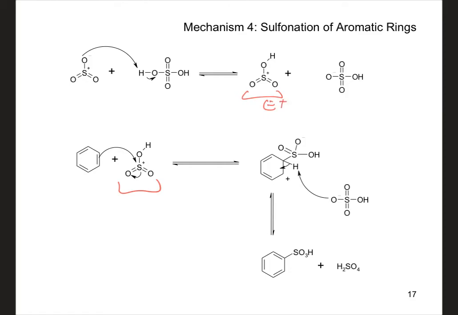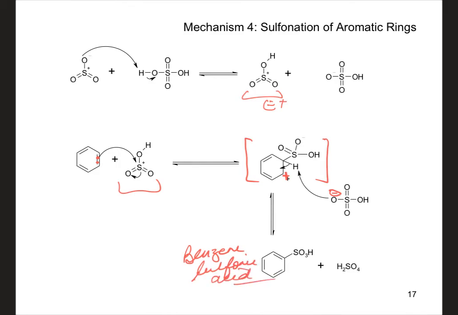Notice the attack is happening at the sulfur. That will be the point of attachment. And in the process, we have utilized the 2 pi electrons in forming the bond with sulfur. And that positive charge will be on the benzene, on the ring. That's no longer a benzene ring. This is going to be your intermediate, which is now going to lose one of the protons to the bisulfate, which will re-aromatize and form benzene sulfonic